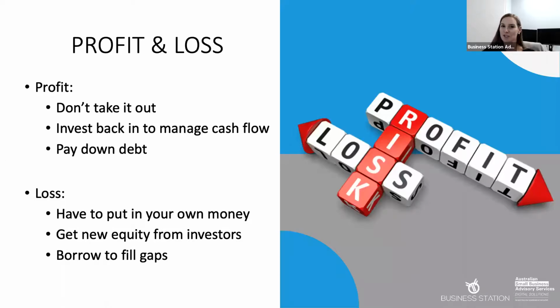If your forecast happens to show a loss, you'll have to look at if and when you can input your own money. If you aren't able to input your own money, you might have to seek equity from investors. You may even have to borrow to fill gaps. So look at speaking to your bank. Even things like an overdraft. Overdrafts are really common and very simple to set up for small businesses. A very, very common solution to seasonal businesses, or even if there's cash flows with payment terms versus stock, as we mentioned earlier.